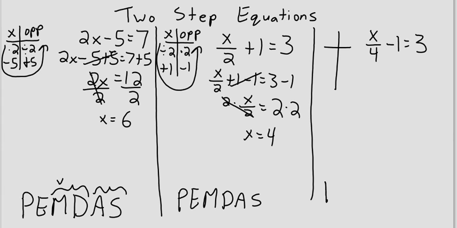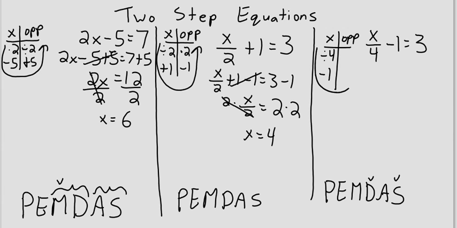And our last sample question here, once again, following order of operations. There's division as the first step, so we're going to divide by 4. And the next step, there is no addition, there is subtraction, so we are going to subtract 1. So once again, opposite order, we are going to add 1 to both sides first. So we get x divided by 4 minus 1 plus 1 equals 3 plus 1. Negative 1 and positive 1 is 0, so on the left-hand side we are left with x divided by 4